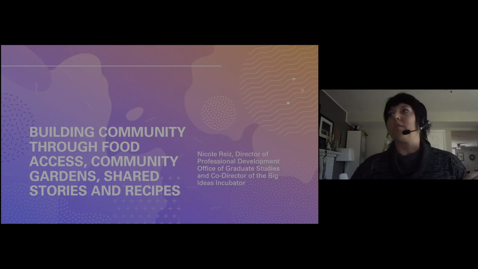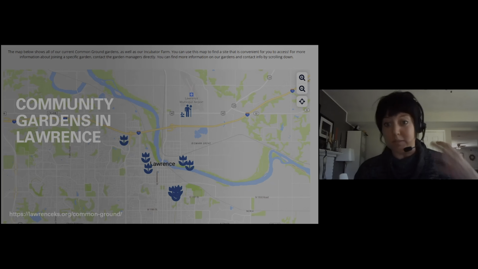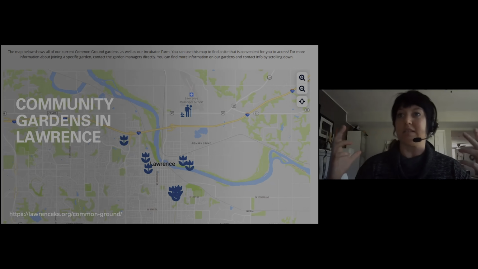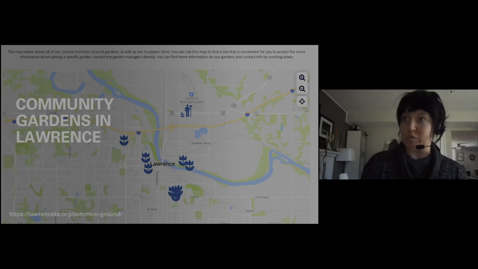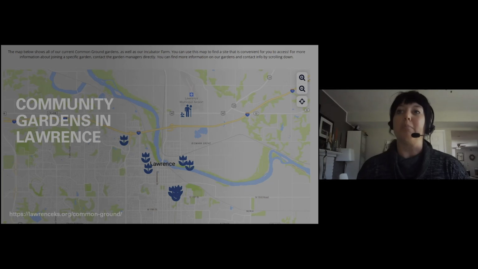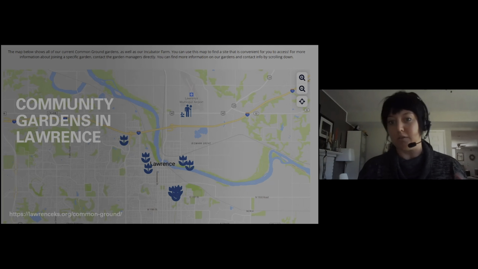So I want to start with, here's one map. It's a pretty static map. This is the community gardens in Lawrence under the Common Ground program. This map is really useful in that you can very quickly see the spatial distribution of community gardens. You can see where community gardens are not under this program. And if you want to learn more about the specific community gardens, you can click on the little flower and it'll tell you who's in charge of that garden, where that garden is, and some other additional facts